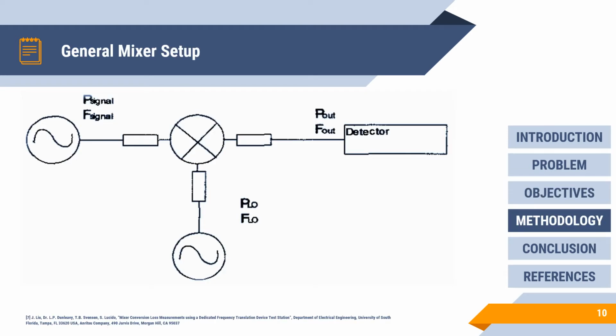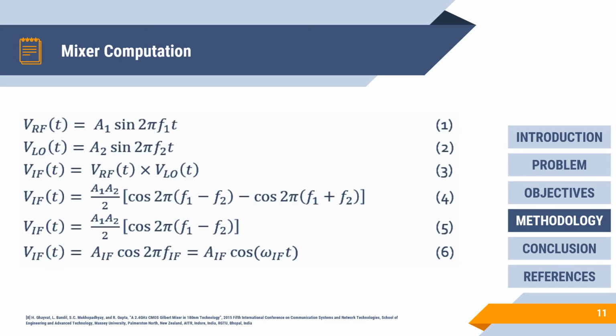Here's the general setup of our mixer, wherein the RF input signal will be introduced to a local oscillator to produce the IF output signal. Here's its computation, wherein we have a function for the RF voltage and LO voltage. Multiply them to produce the IF voltage, wherein the product is a cosine function of the sum and difference of their frequencies multiplied by half the product of their amplitudes. The difference represents the down conversion process while the sum represents the up conversion. Since we are to implement a down conversion, the equation reduces to number 5,